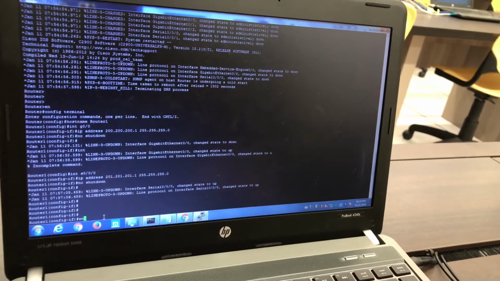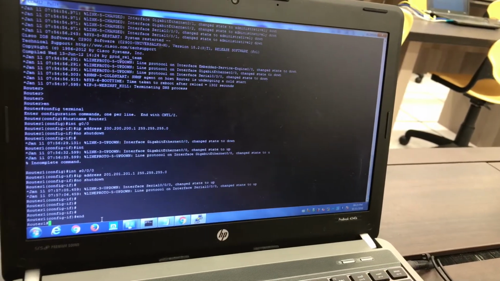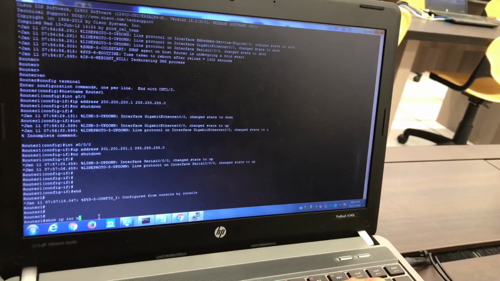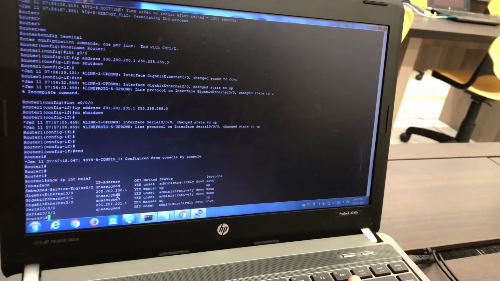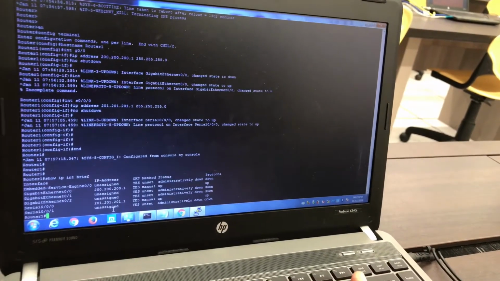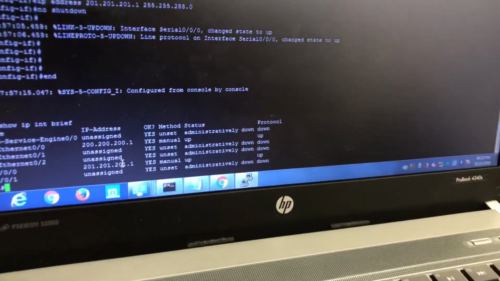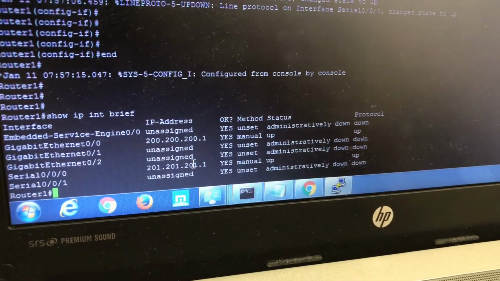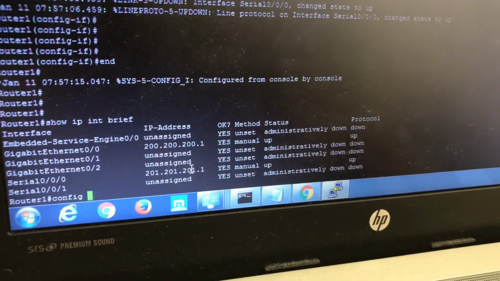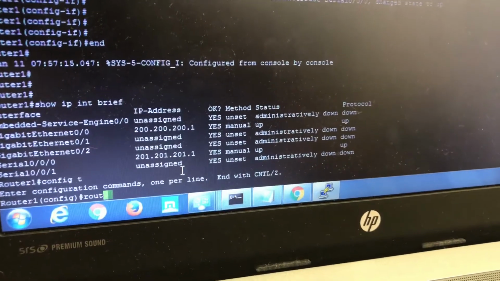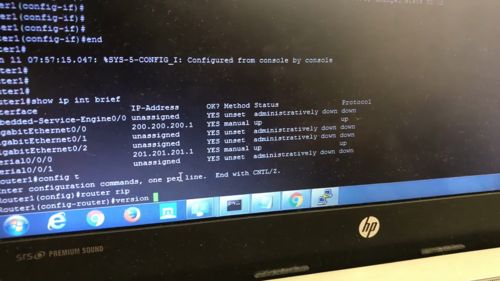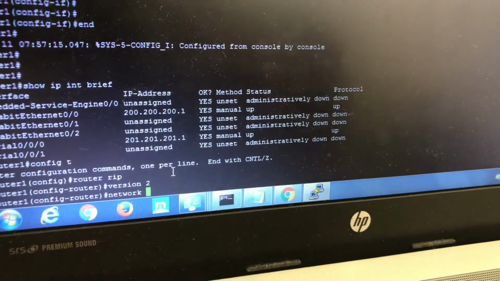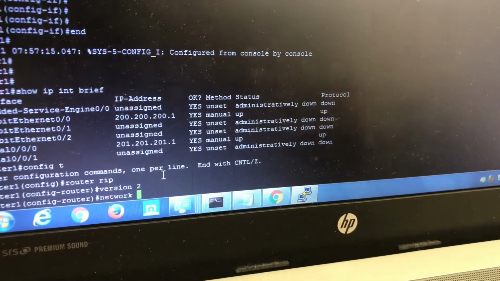Next, I'm going back to the router 1 global config mode. I type show ip interface brief to check my IP configurations. Make sure this IP configuration matches the table. Next, since I'm using different networks across my setup, I need to configure router rip. To go into router rip, I type config t, router rip. We use version 2. Now we have two networks, 200 and 201, so I put network